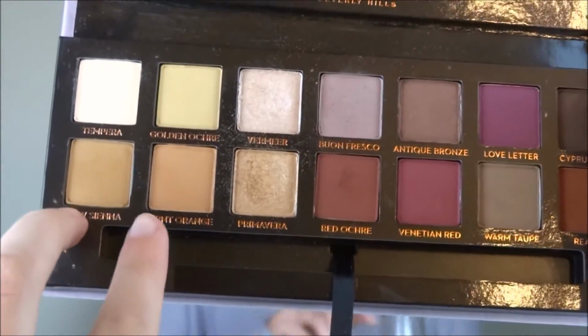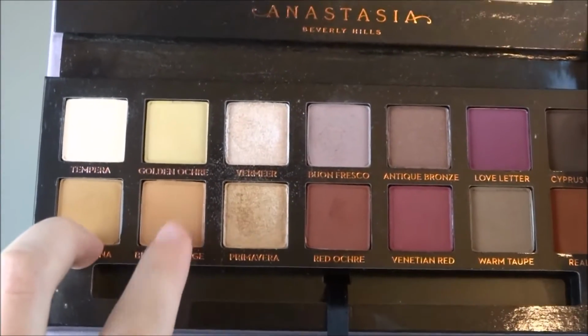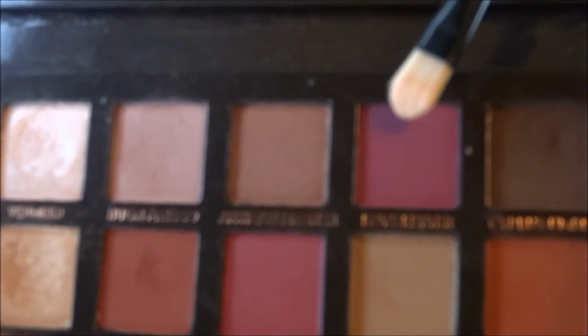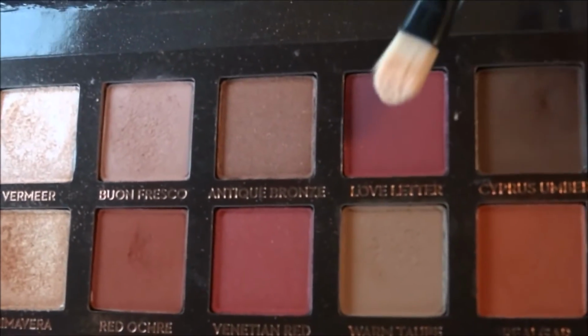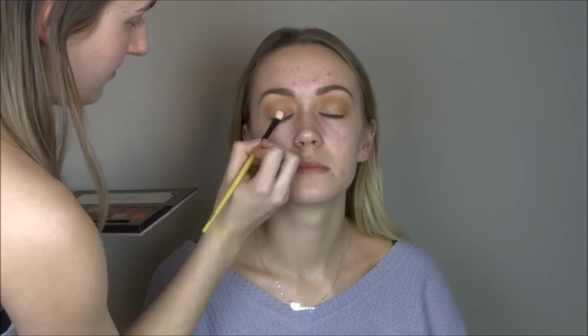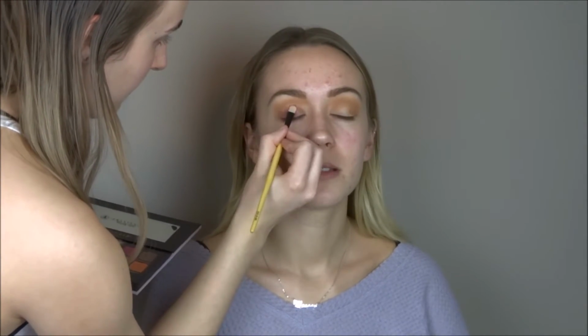Next, I went in with those two shades from the Anastasia Beverly Hills Modern Renaissance palette and just used windshield wiper motions to buff that into her crease area, just to deepen up her crease and give it some more dimension. And then I went in with Love Letter from the same palette, which is a beautiful kind of dark pinky red. And I just packed that all over her lid